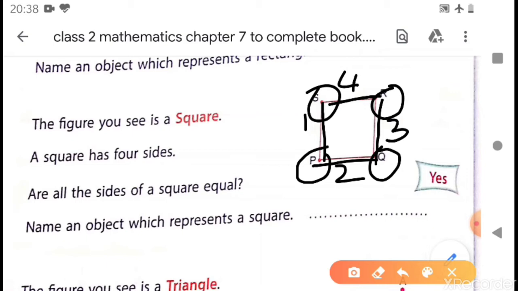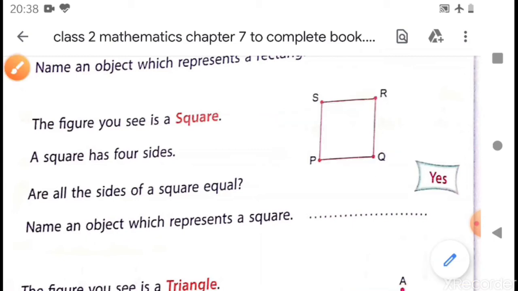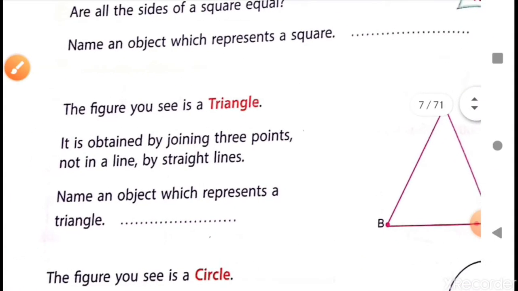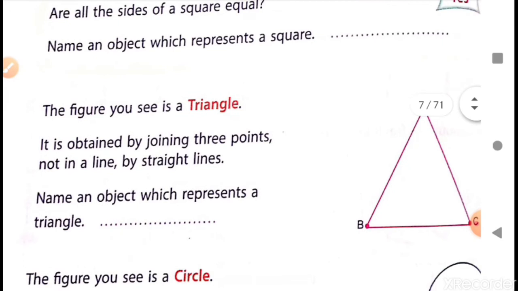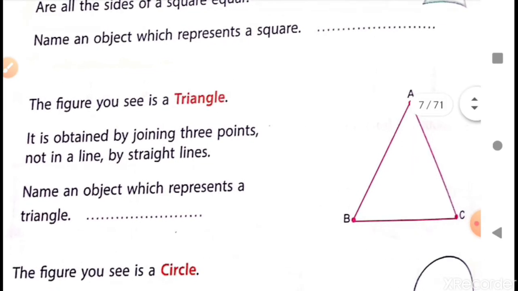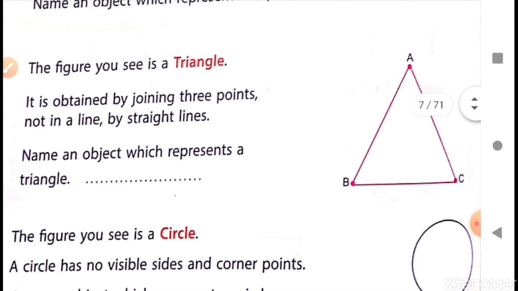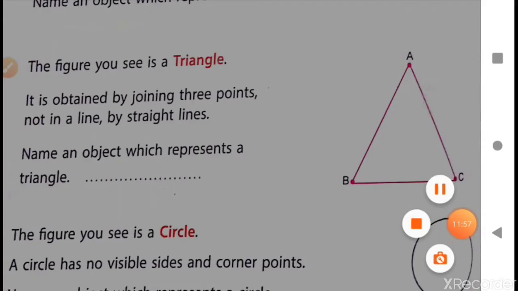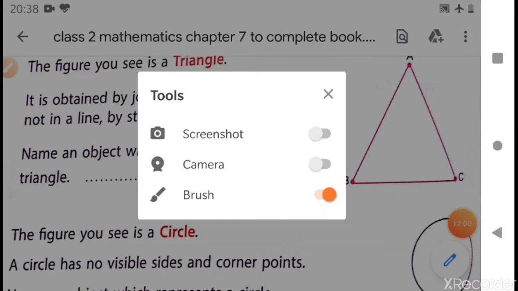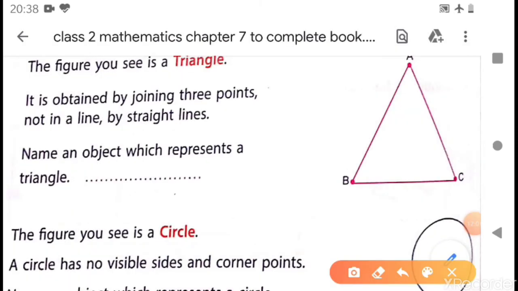Okay. The next we have done is triangle. As the name says, triangle, tri means 3. Okay, so triangle means 3 angles. Angles, you will study when you learn angles when you go to class maybe 4 and 5. Angles, I will just tell you. Angles are where the 2 lines meet.